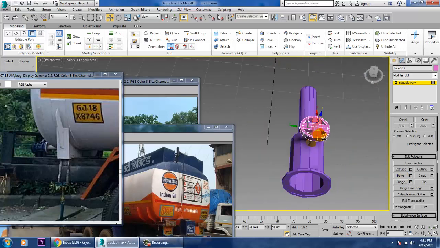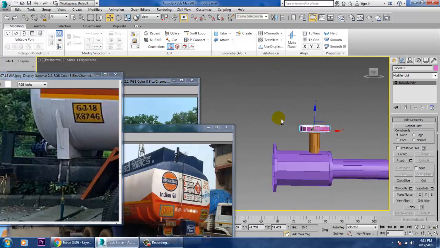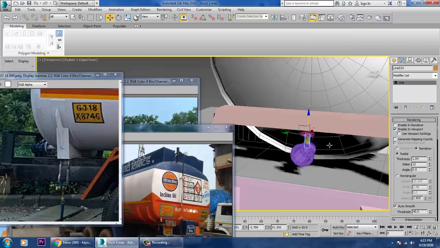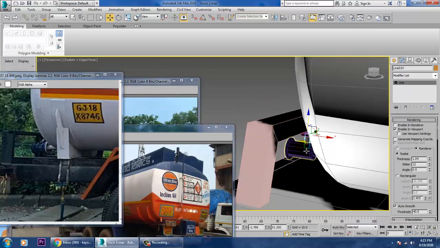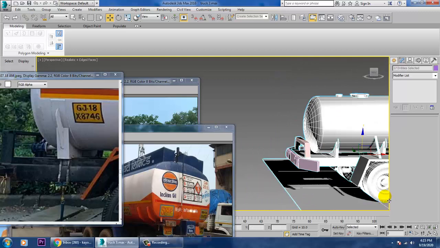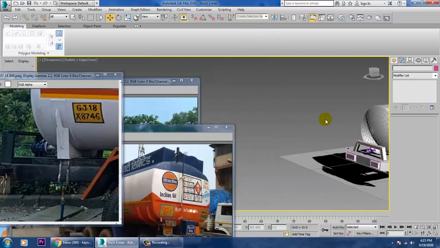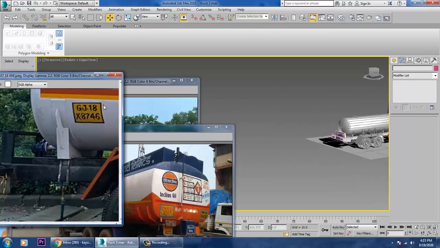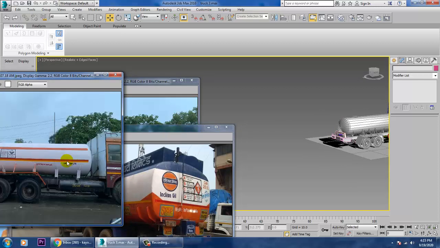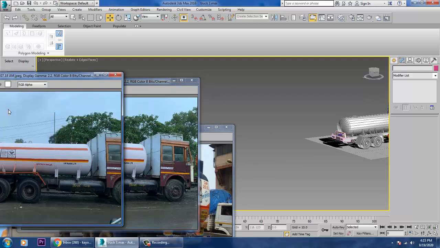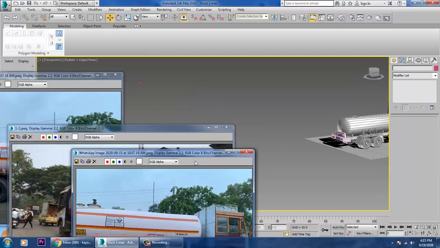That's it. Alright, so now I can just push this down over here, right click and isolate this stuff in this way. Let's go into the material again over here and just assign that property. After that, let's go to the front section.